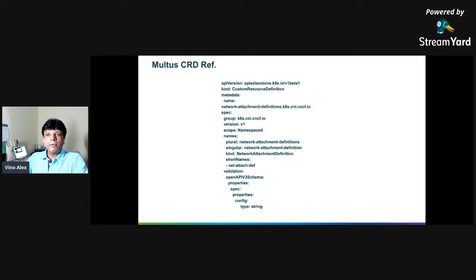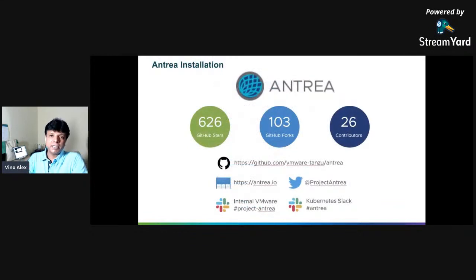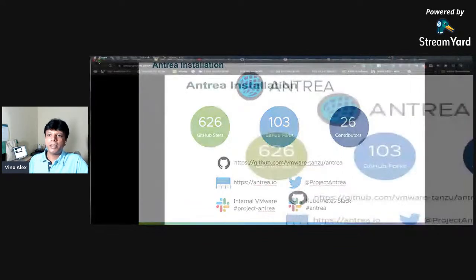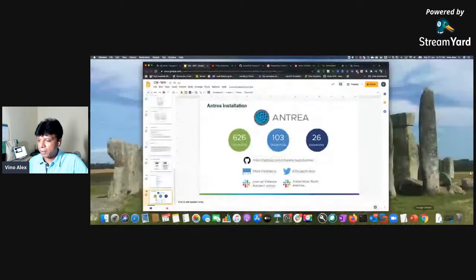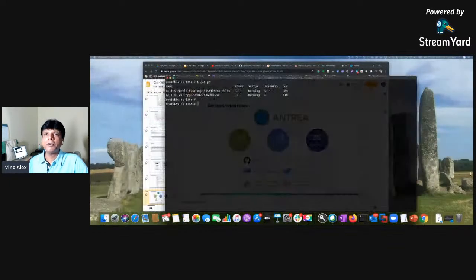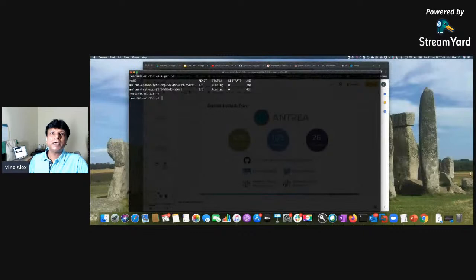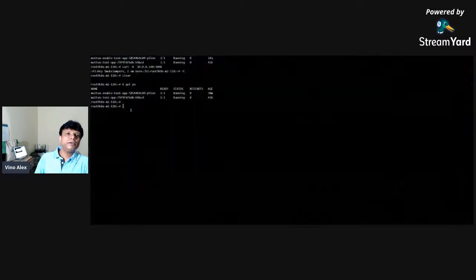The reason I touch on Multus is that sometimes Multus is a very new thing. Suppose you want to have a quick glance at how Multus is working, I could probably show you this. If some of you are interested in Multus, before concluding my talk, I could quickly show what is happening with Multus. For example, I have an installation which is talking about Multus, and this will give a quick view of what I'm trying to talk about.